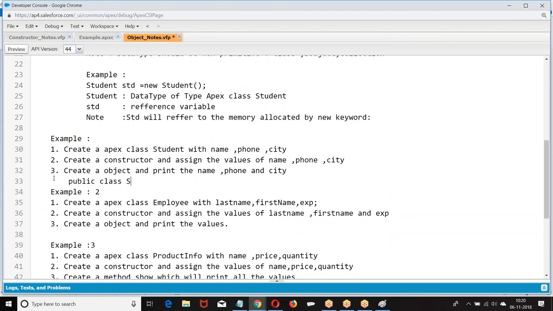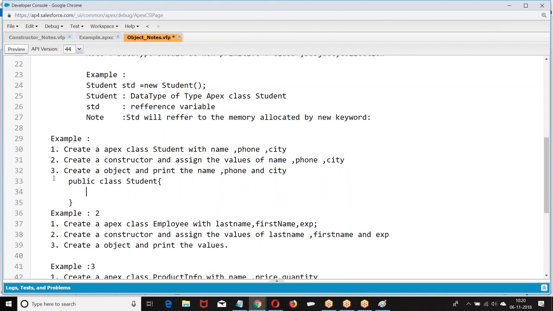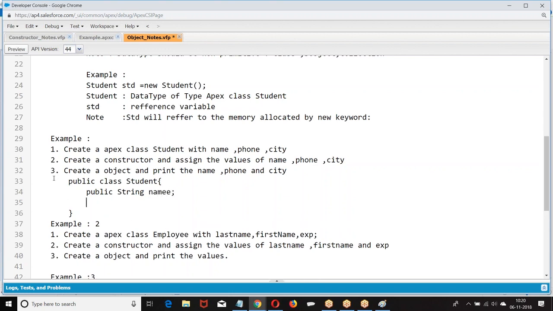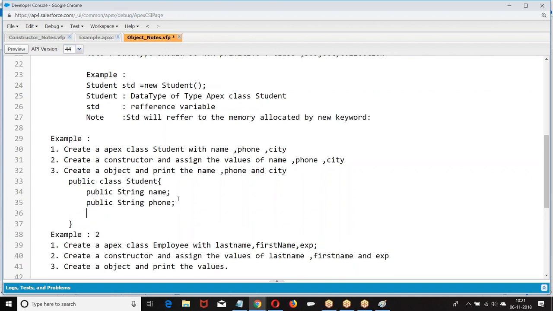Okay, so in the developer console, when I write Student s1 = new Student, and if I print the statement with System.debug, I can directly print the object also, correct? Yes. And if I want to modify the values, I can modify the same object also, or do I need to create a new object again? Same object.